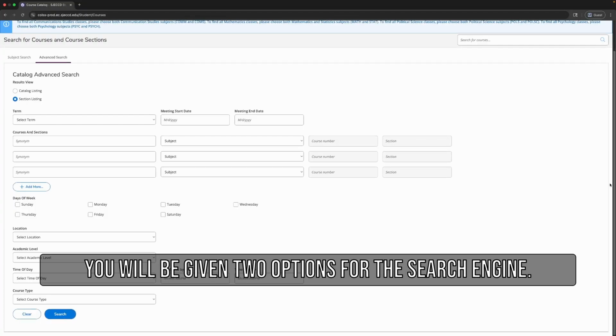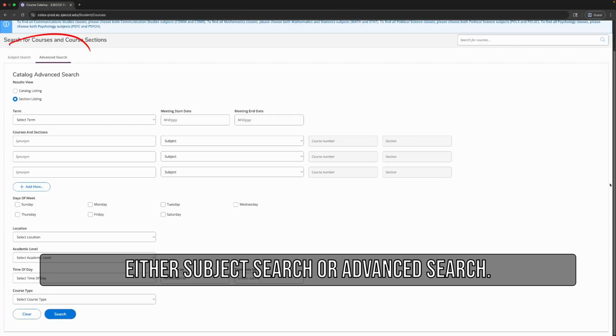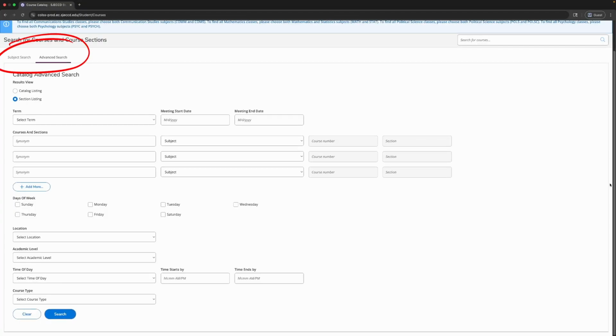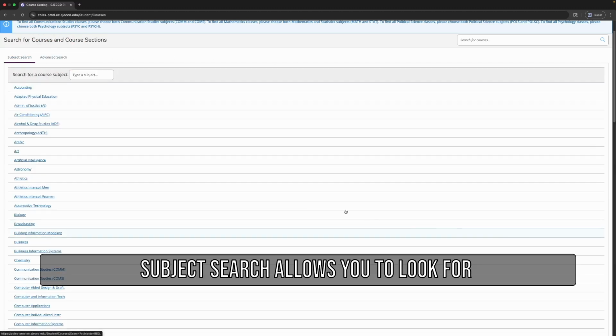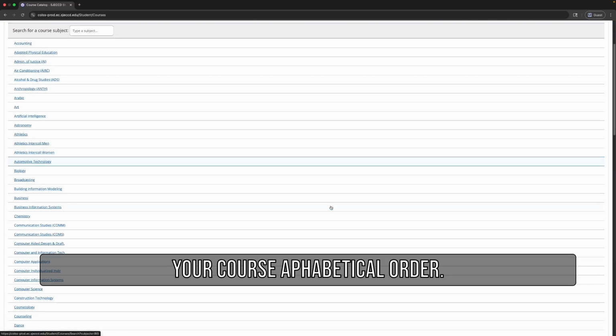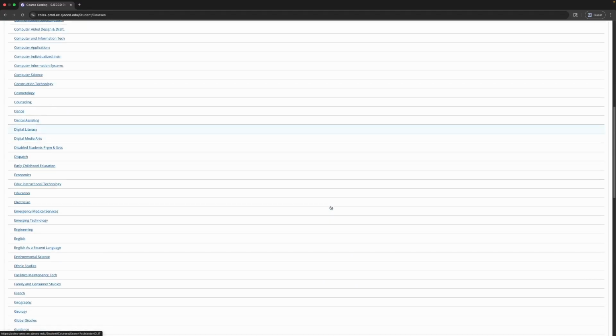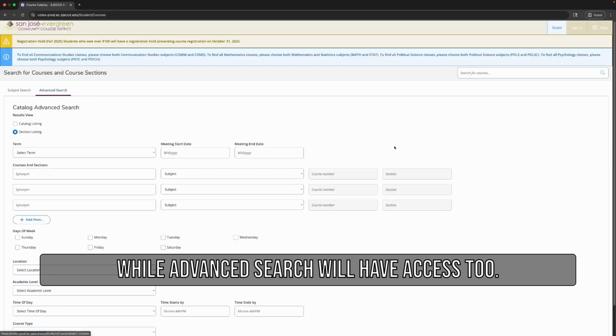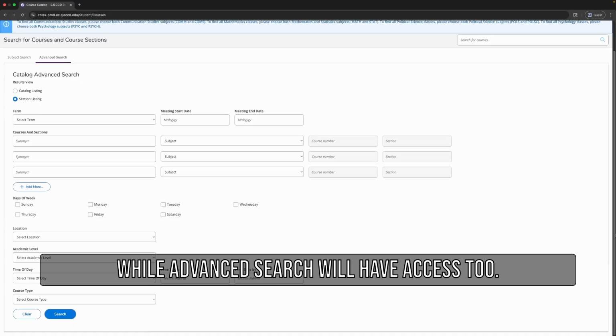You'll be given two options for the search engine, either Subject Search or Advanced Search. Subject Search allows you to look for your courses in alphabetical order, while Advanced Search will have access to